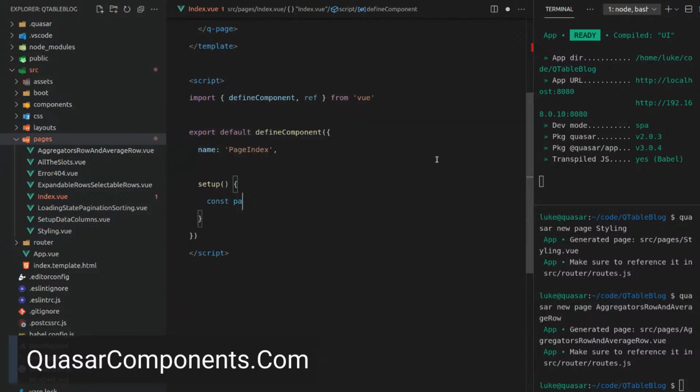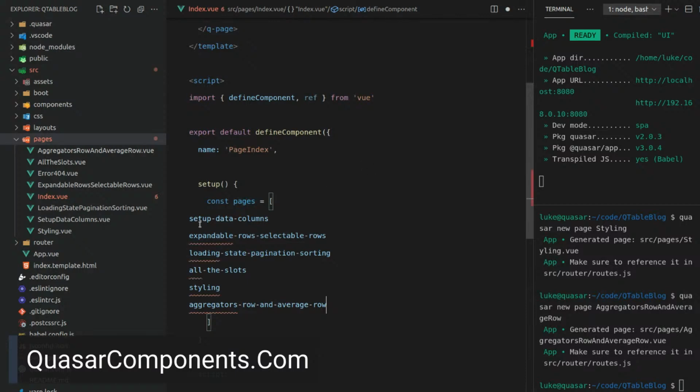So let's say const pages is equal to, and how are we going to do this? We'll make these an array of objects. All right, so I'll go ahead and paste all of them there. And I think I can do this. If I select down like that and say page, I want to be able to select to the end. Where's my end key? End? Oh, it works. Sweet. So I can turn that into a string now. And then we can come down here and basically say this is an object, and that's going to be the slug. Yeah, we'll call that the slug.